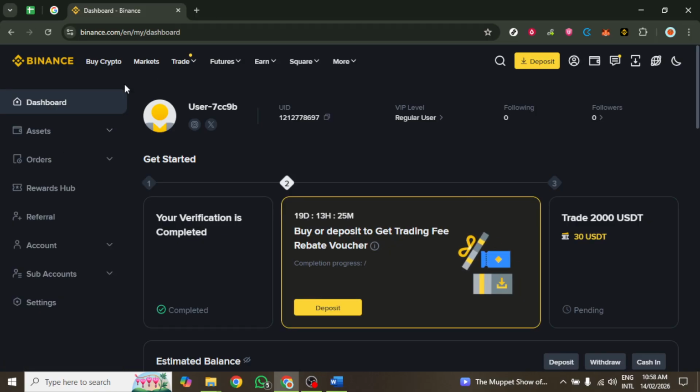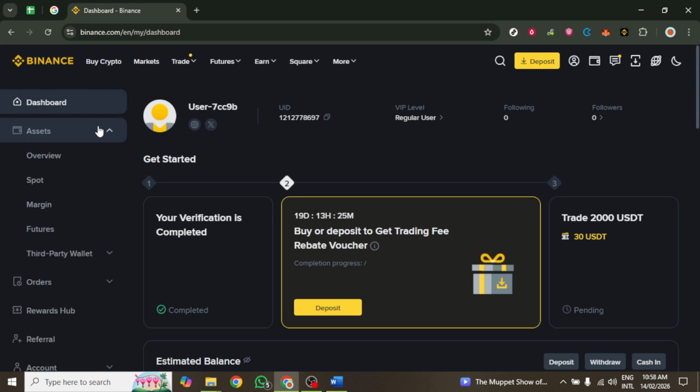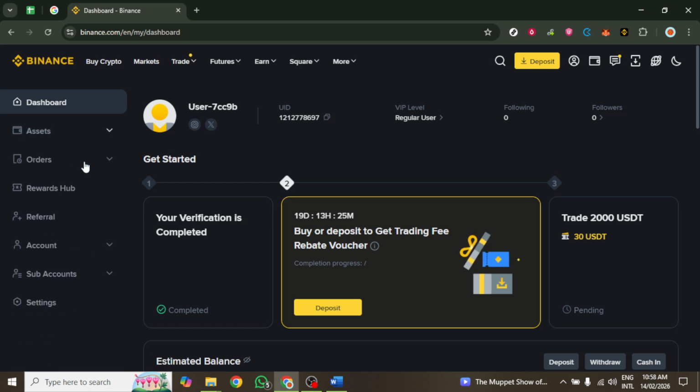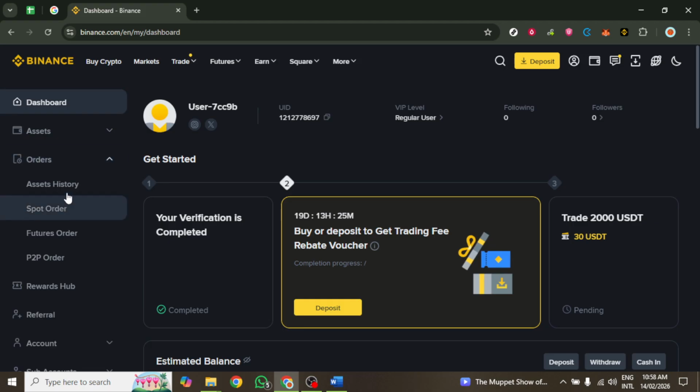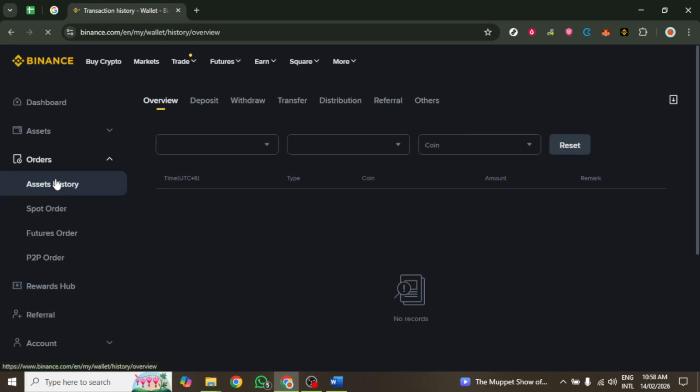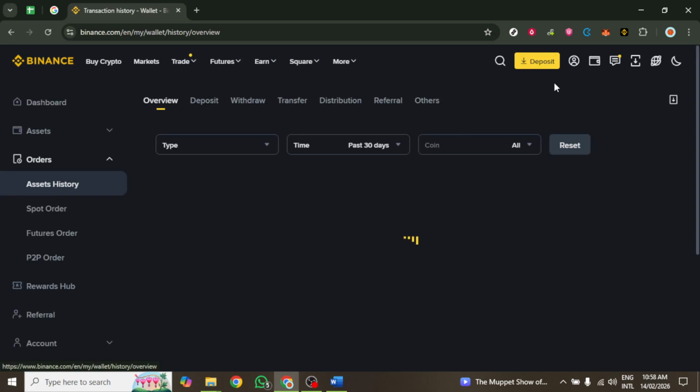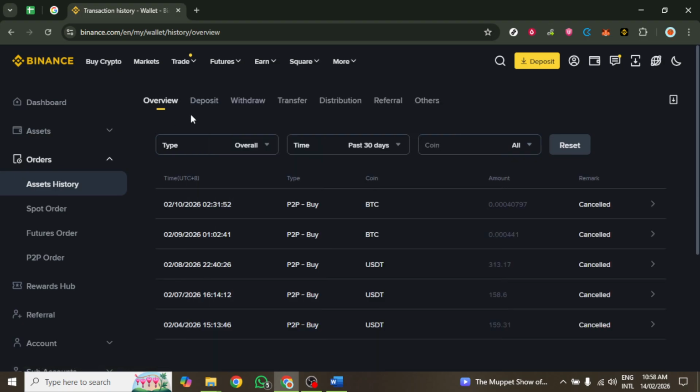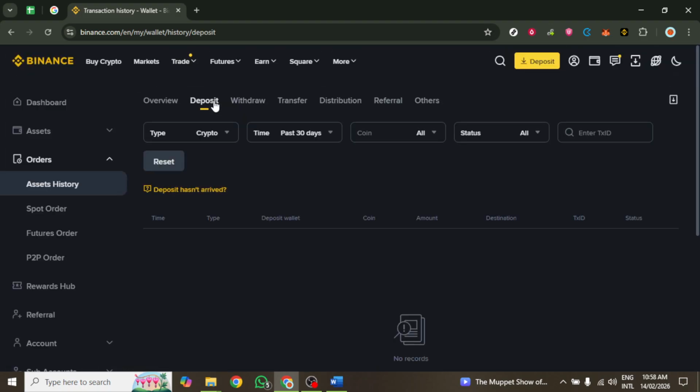Next, look for the filter drop-down menu within the wallet history or transaction history section. Click on this drop-down and select deposit as the transaction type to focus solely on deposits. If you are searching for a specific deposit, you could also choose the coin or fiat currency associated with that transaction. Additionally, consider setting a date range to narrow down the results, especially if you have conducted numerous transactions. After applying these filters, Binance will display each deposit along with relevant information such as status, amount, and the time